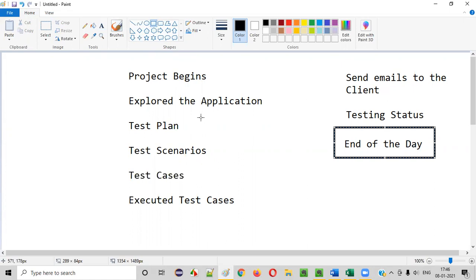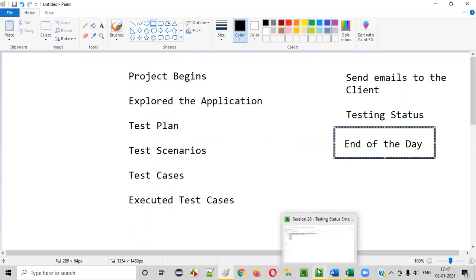from the morning to the end of the day, what did you perform? As part of this project, we have to communicate that to the client. Then only the client will understand that the testing team is working on this and this task, right? Now let me show you guys the different emails that we can send from the beginning of the project till the current state of the live project, whatever we are going through.